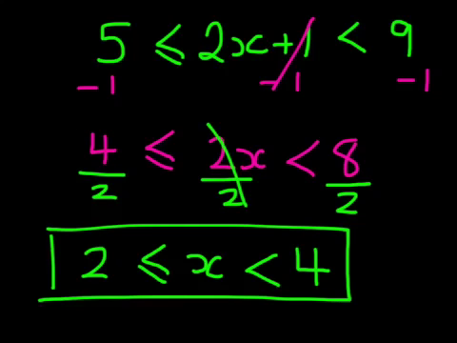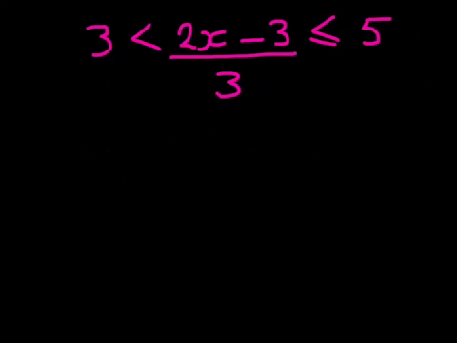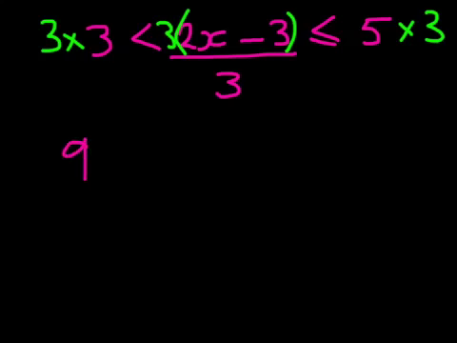Now I lied, I'm going to do one more. Okay, this is just one of your 3-step ones. What am I going to do first here? Well, I need to get rid of that denominator, don't I? So I need to multiply that whole numerator there by 3. And if I do that, then I want to do every side there, multiply the numerators by 3. So let's rewrite this, and I get 9 is less than, those 3's cancel, 2x minus 3 is less than